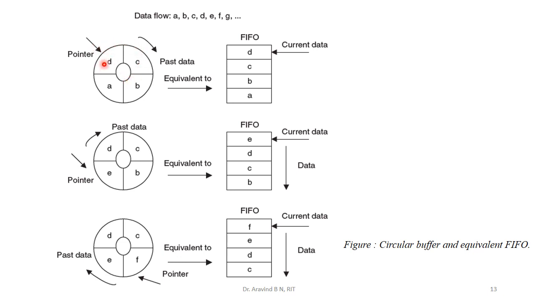If you make the linearization of this representation in a sequential, linear manner, then we are going to have this kind of realization. A, B, C, D: A, B, C have already been read, and D is the one which is now to be read. That is the current data location, and here is the pointer pointing to D. So now these are the equivalent representations we are going to have. Now consider that D also has been read. Which is the next location it has to move to? It has to move to this location.